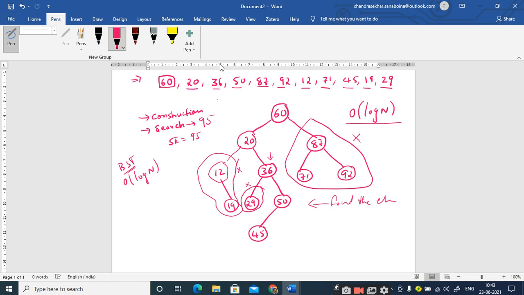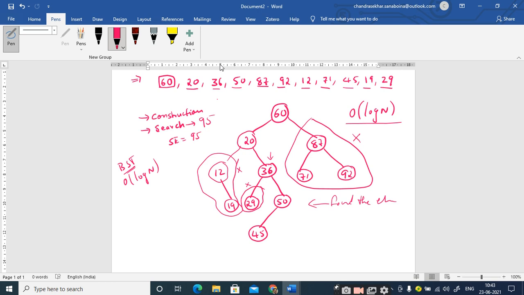So 95 compared with 60, go to its right-hand side. 95 compared with 87, go to its right-hand side. 92 compared with 95, there is no right subtree, right? So here the element is not found. If you perform the worst case scenario, that means the element is not found, it will go around the height of the binary search tree, right?